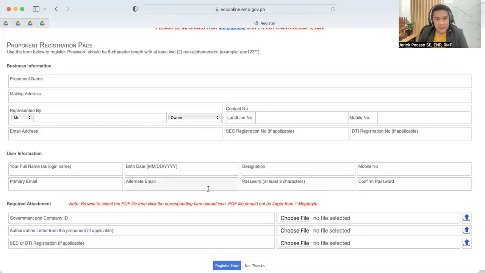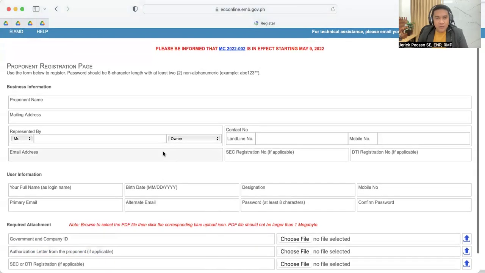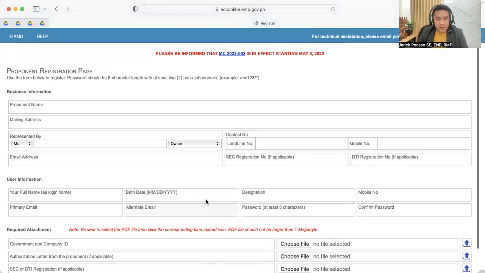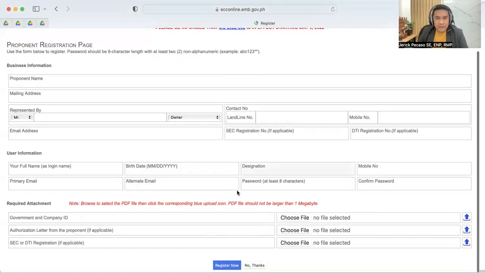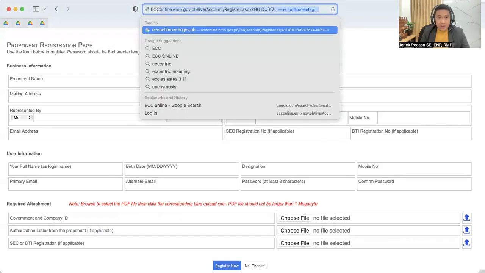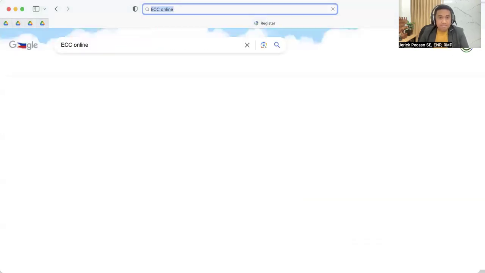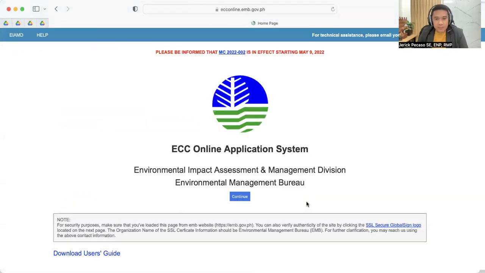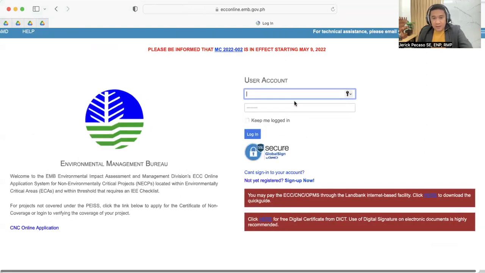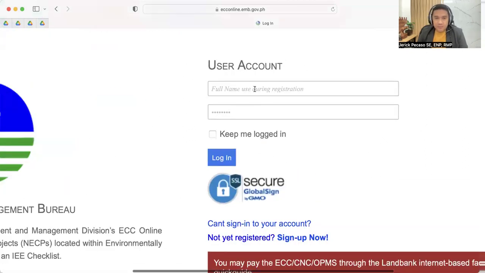After creating the account for the ECC application, you must log in to the system. So we have here the portion to log in, to provide our information, the username and the password.